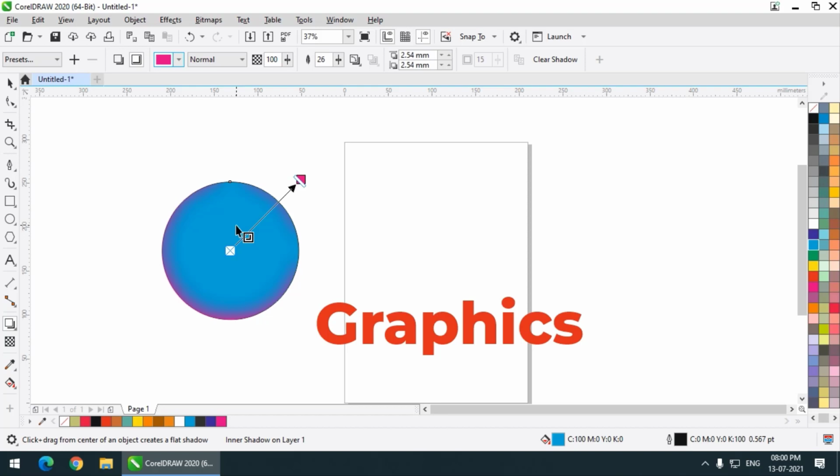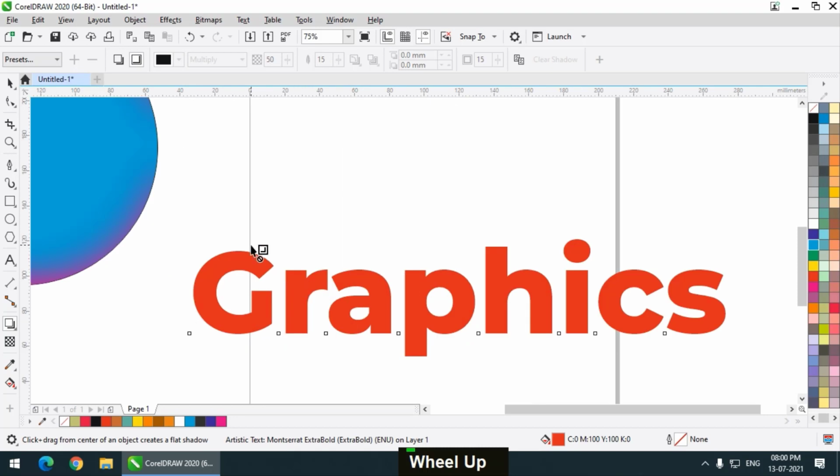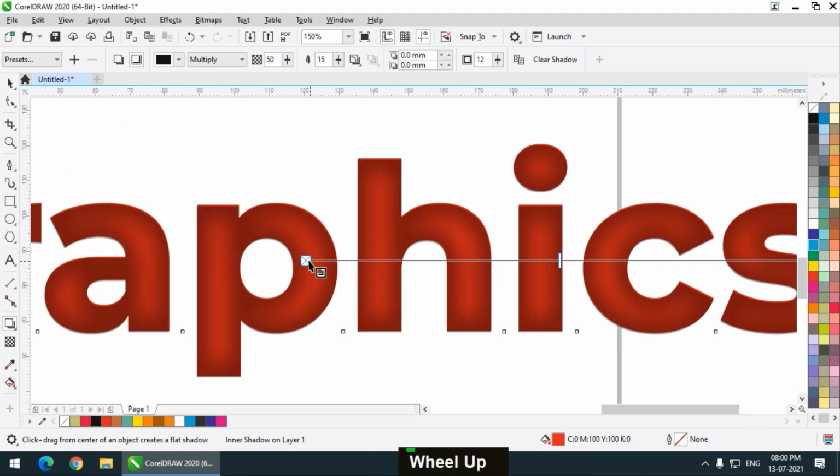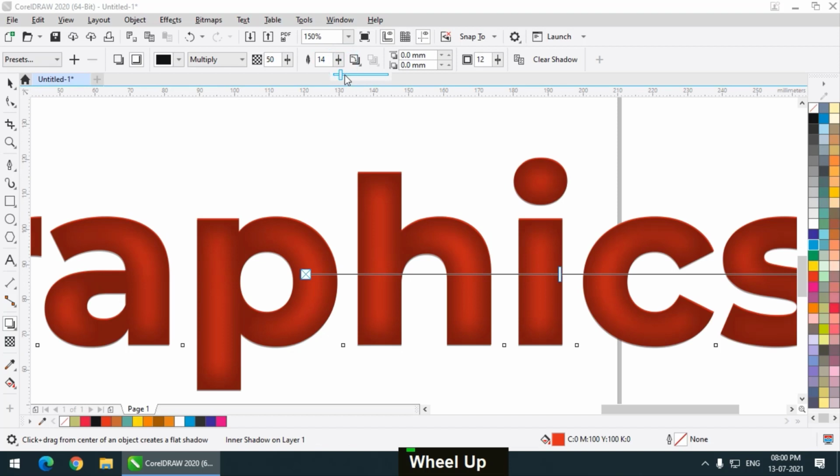And remember, in the older versions there was no inner shadow option, only the outer shadow option was present. They later added the inner shadow options in the newer versions. These are very useful, particularly while applying the options to text. So let's say I'll keep the color value to black, and I will apply the inner shadow from the center. As you can see, I will decrease the feather value.